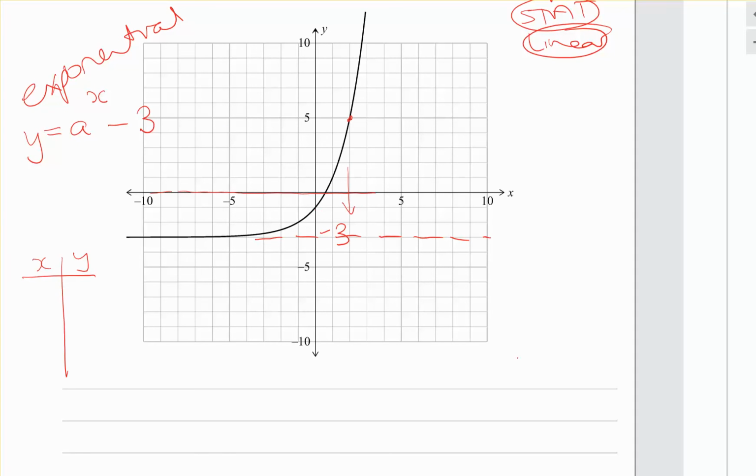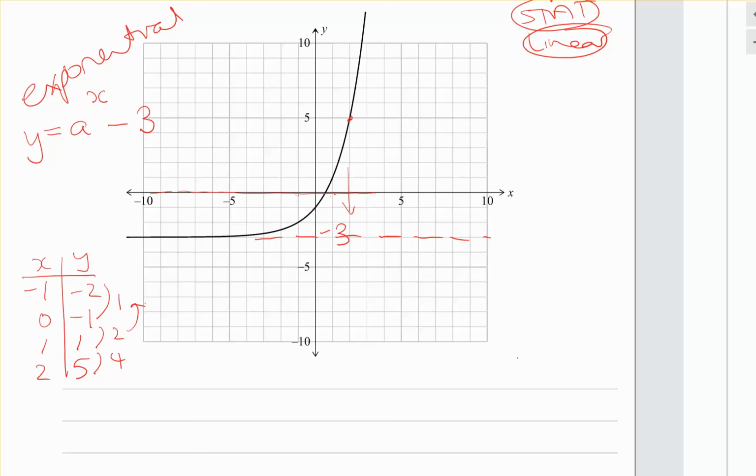I can see that it goes through 0 and minus 1. Might be helpful to just do some points in order. Negative 1 and negative 2. 1 and 1. 2 goes through 5. Right, so looking at the differences